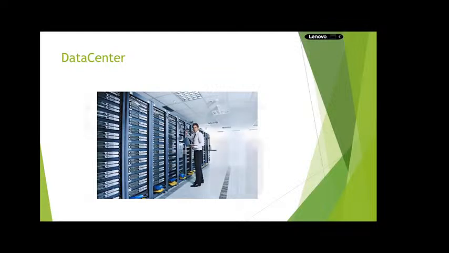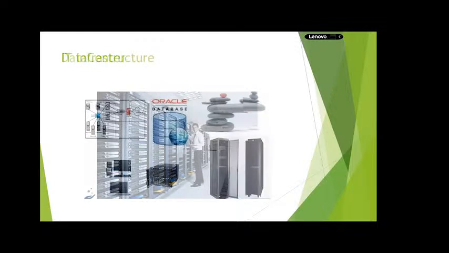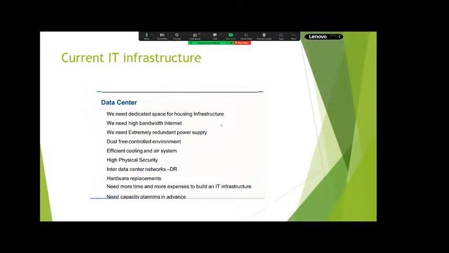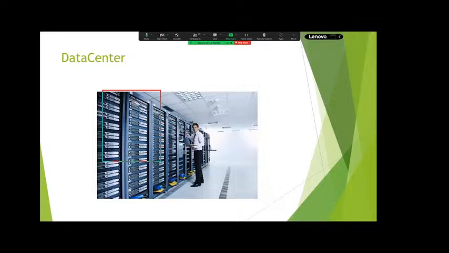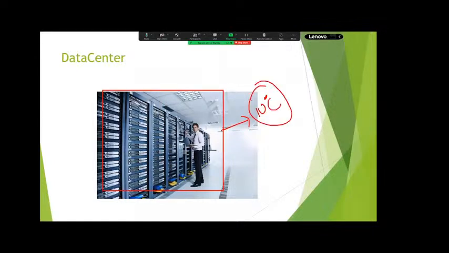Okay, fine. Next, the other thing is an efficient cooling system. Efficient cooling system means if we enter the data center, you can see a temperature of less than 10 degrees Celsius. Why? Because any hardware device produces a lot of heat. In order to cool it, we should always maintain the AC temperature less than 10 degrees Celsius.